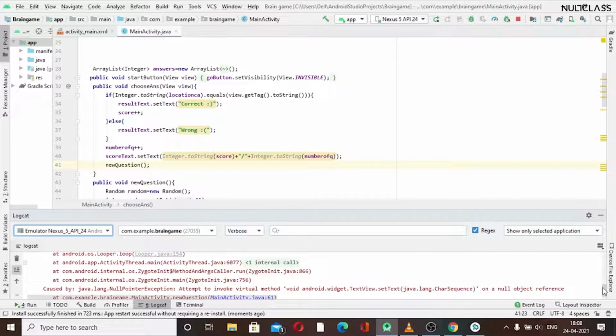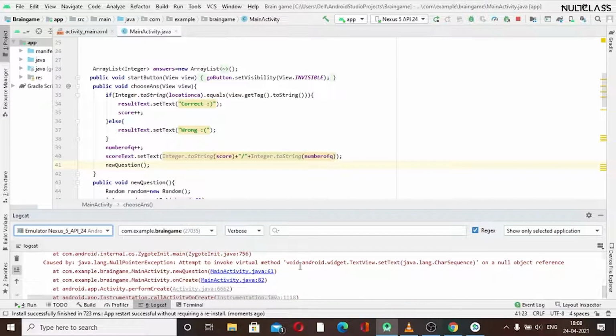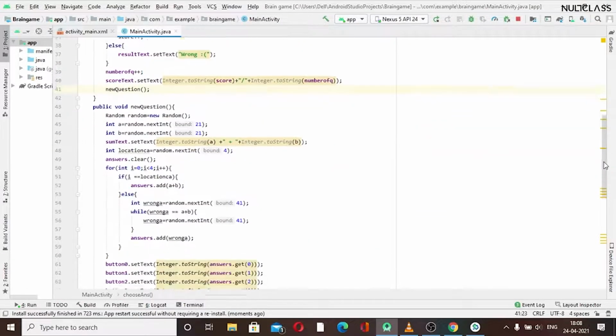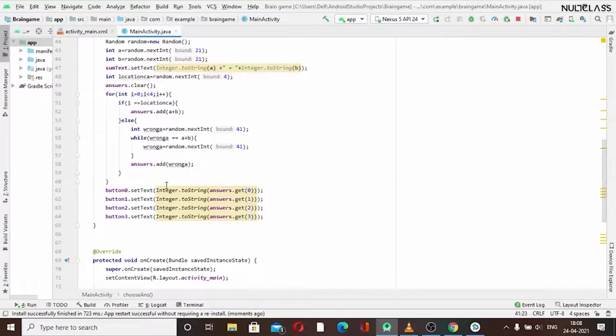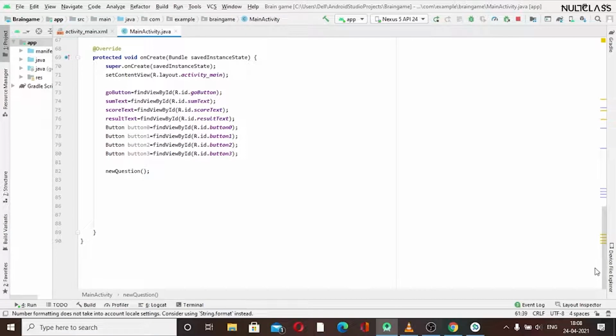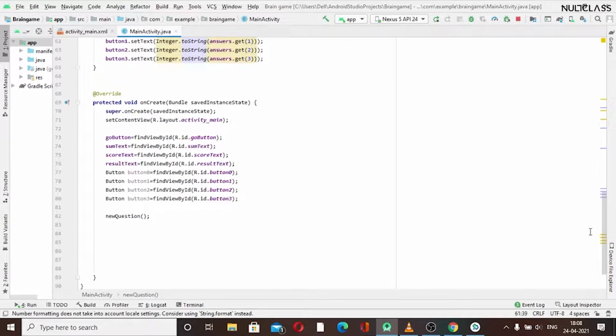So this is showing we are getting a null pointer exception at 61 and 81 in our main activity. So we will just go to 61 and 81. 61 is this. Oh, okay, I think this is the error because we have initialized it here. Okay, let's just find where the other error is. It is showing at 81.